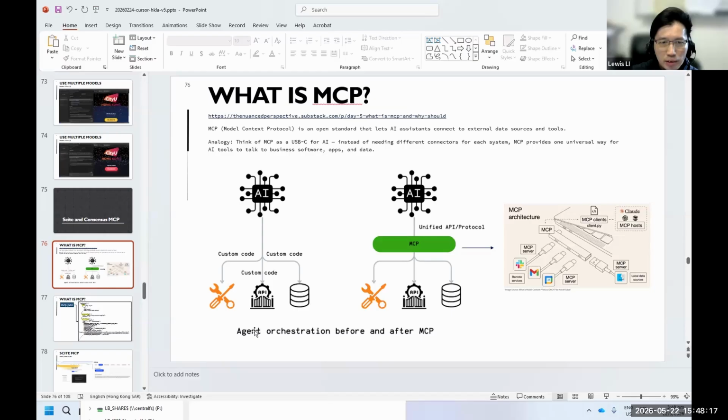So in the old days, on the left hand side, you have to do coding for different applications. For example, if you want to connect to a database, then you have to create a set of Python code. If you want to connect to some other application, then you have to write another Python code to connect to a different application in the past.